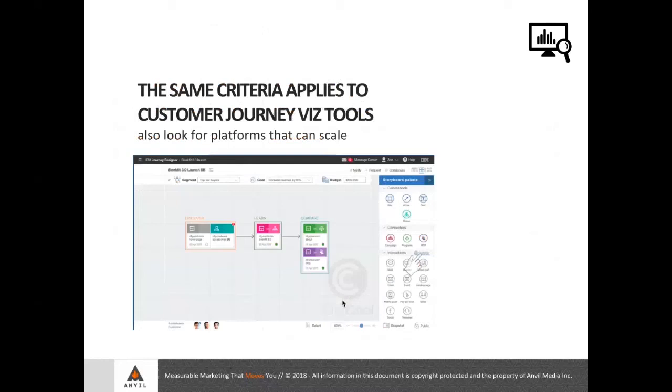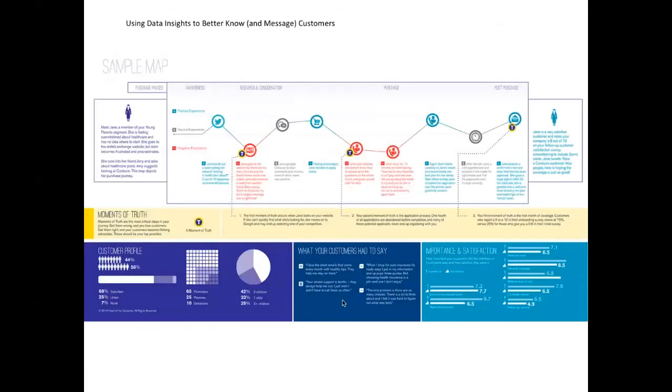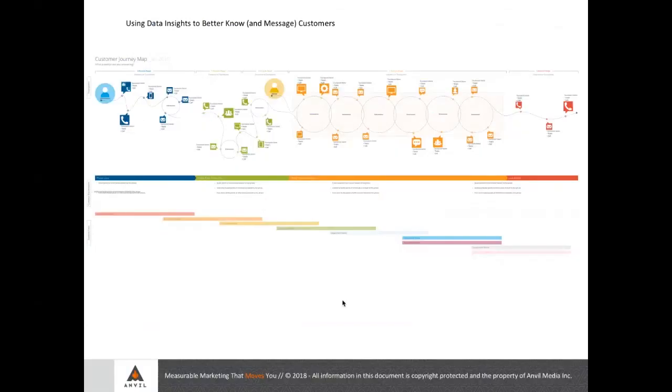The same logic, I think, for choosing a platform can apply to customer journey visualizations. This is a tool from IBM called the Customer Journey Designer, I think. It's one of my favorites because I am a data guy, and I like that I can drag and drop these elements and have it directly turn into a messaging campaign. Someone else may need or benefit from a more visual one, like a static customer journey with different types of data, different types of potential lift from outreach. And then we can get into very, very complex visualizations. I like data, but this to me is too complex, and I wouldn't know what to do with it.